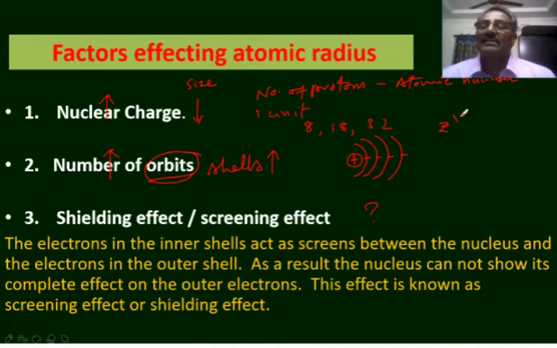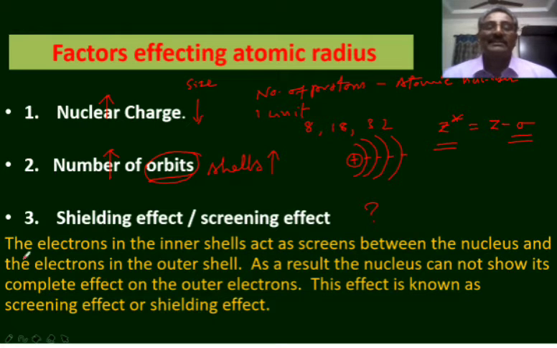Z star. If Z is the nuclear charge, Z star is the effective nuclear charge. Z star is equal to Z minus a constant value, that is screening constant known as sigma. You will learn how to calculate this sigma value, that is screening constant value, in the next class, where Z star is the effective nuclear charge. The more the number of inner shells, the more will be the screening effect. As a result, the sigma value will be more. If sigma value will be more, effective nuclear charge will be less.